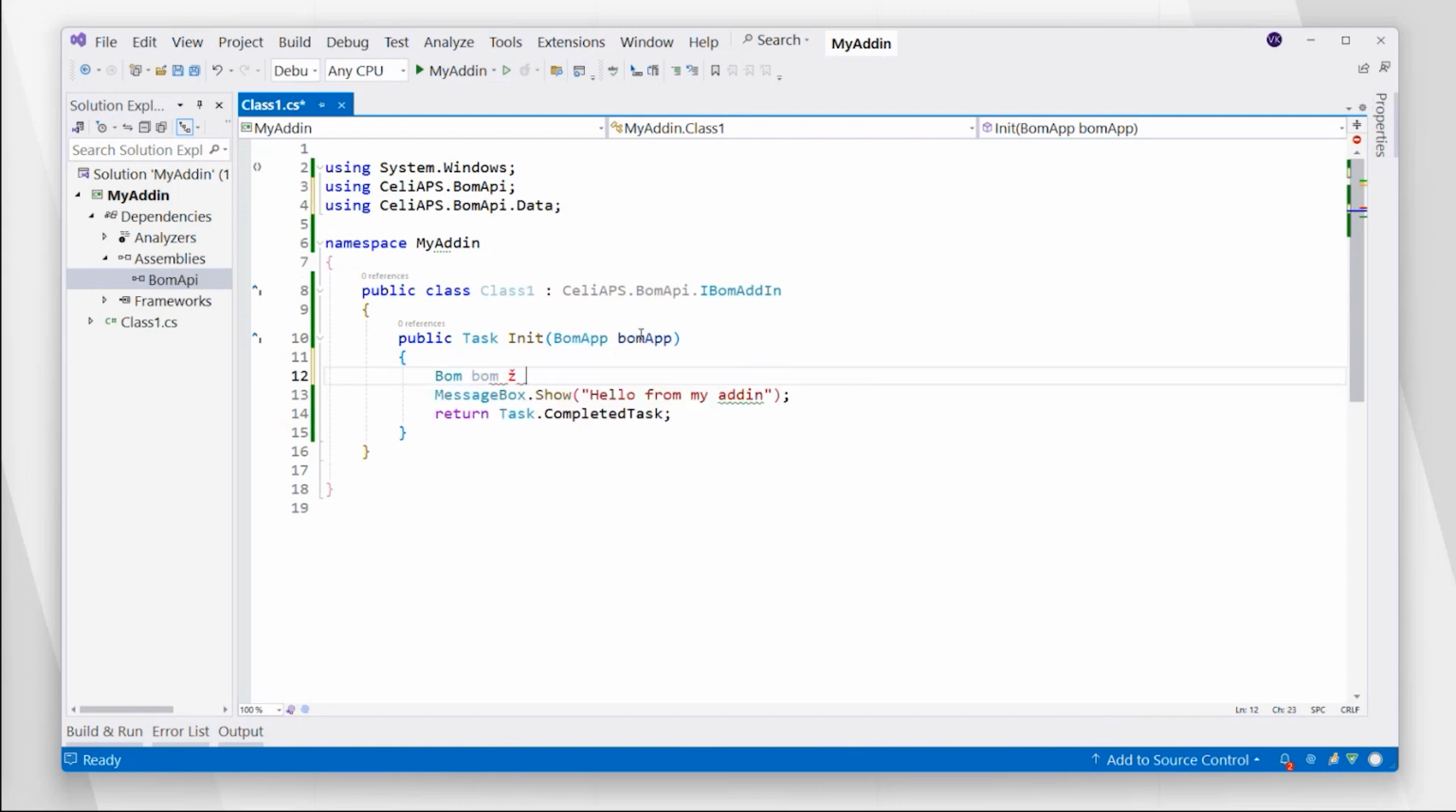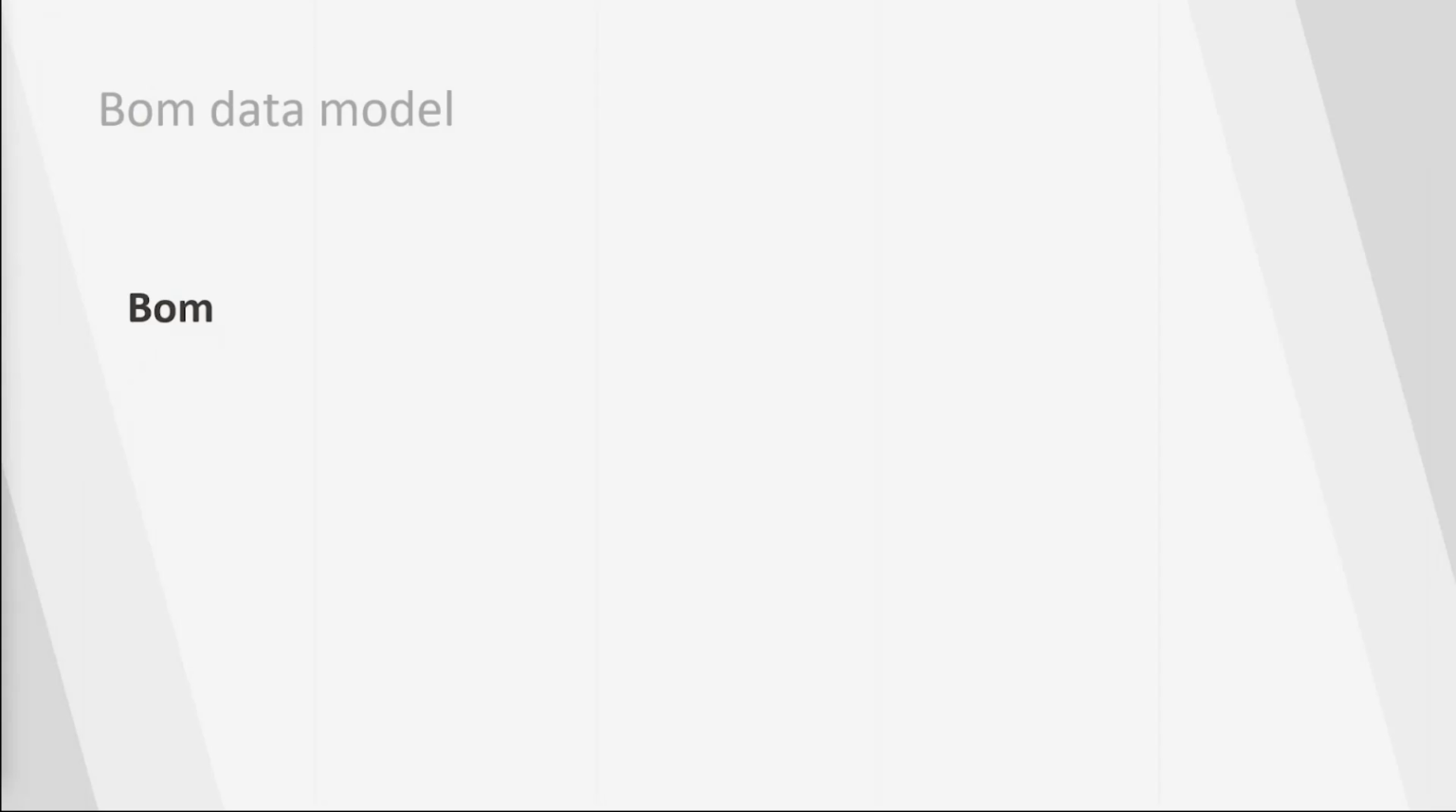BOM equals BOM app BOM. Yeah, it's just simple. So what is this BOM property? Let's take a closer look at it in our presentation. So BOM property gives us the data model that is currently opened in BOM app, and it has two properties, header